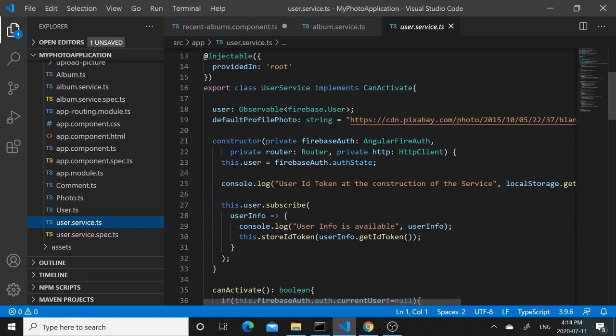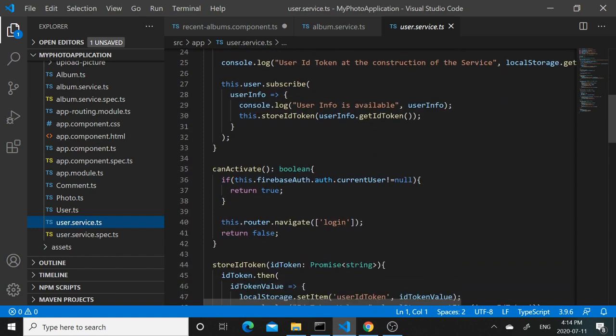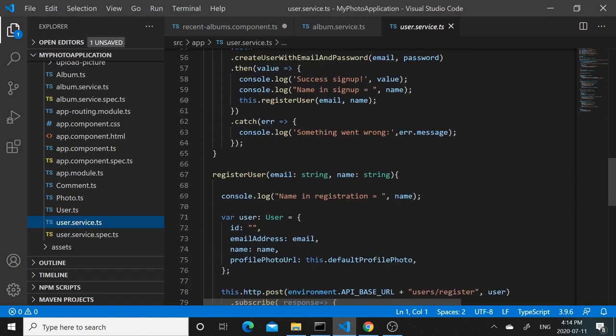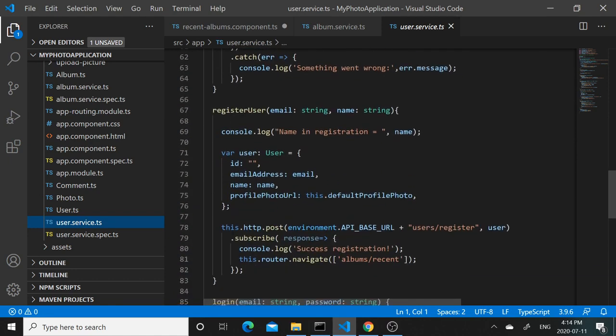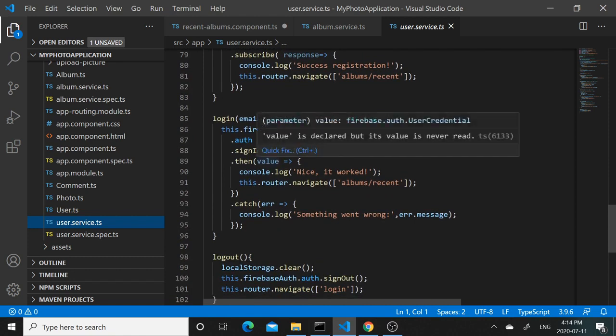So when we are calling the login without refreshing the page, that's when we are missing this store ID token part. So let's see if we can do something similar when the login happens. What we see here is that in the login method, we basically get this value, which is a